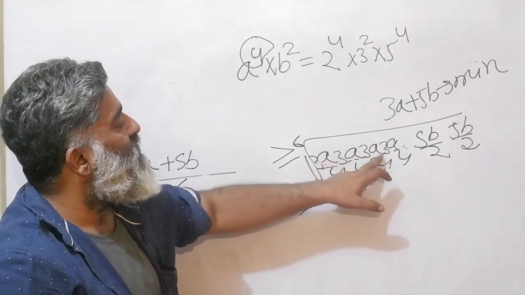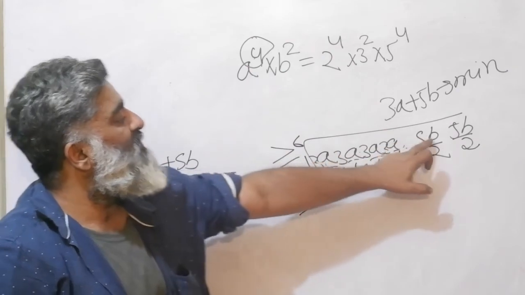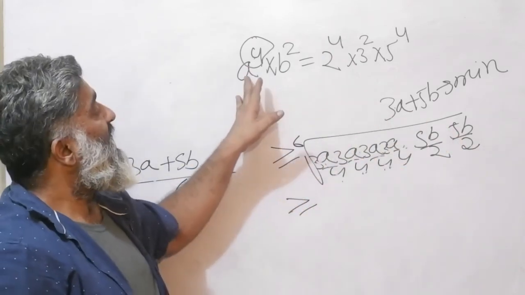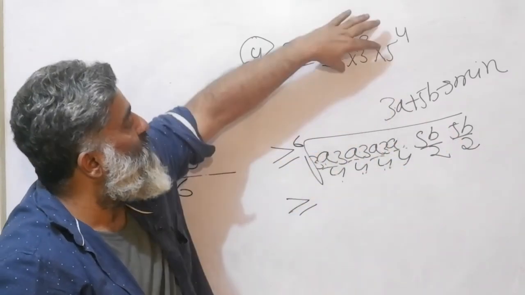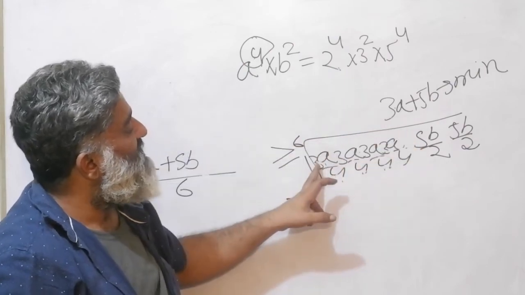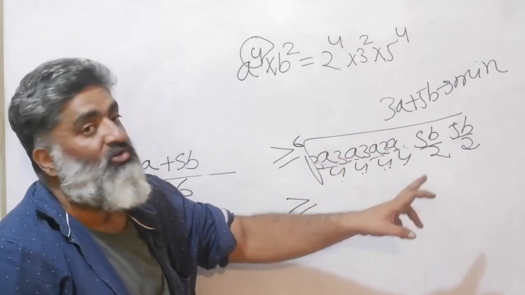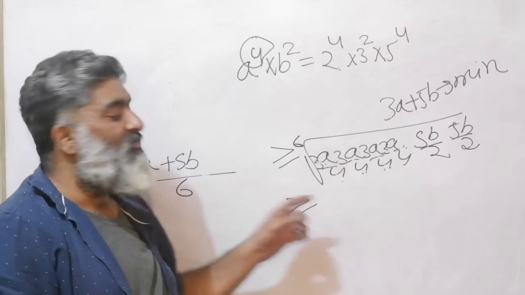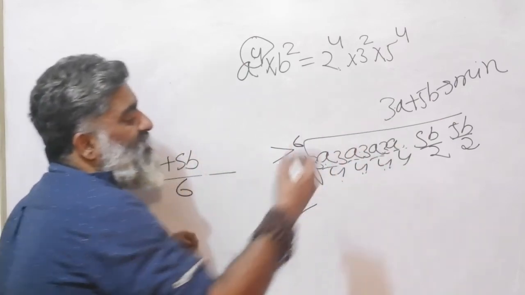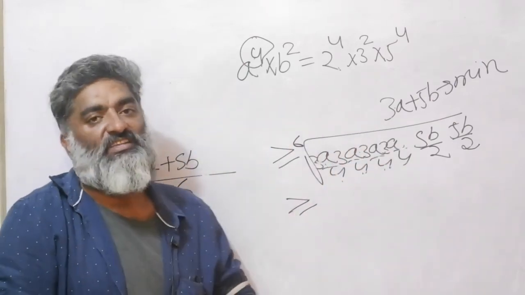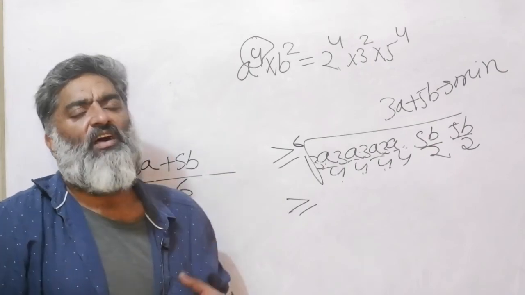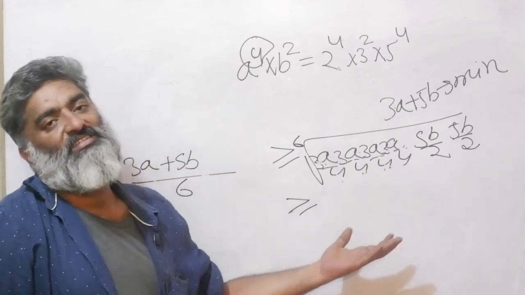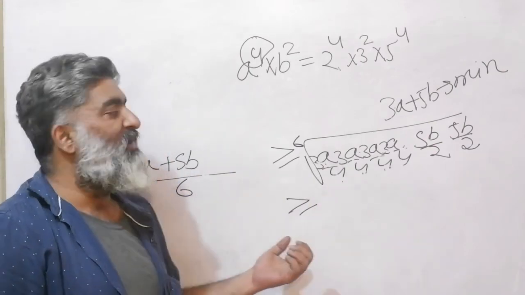A into A into A into A will give you a A4, and B into B will give you a B square. A4 into B square is this. So put this term here, adjust all the 3's and the 4's and the 2's, find the sixth root of that and multiply this 6 on the other side. These are the steps I am leaving for you, because as far as I'm concerned, those are 7th, 8th level steps as such, right? Just plug in values and start playing with them.